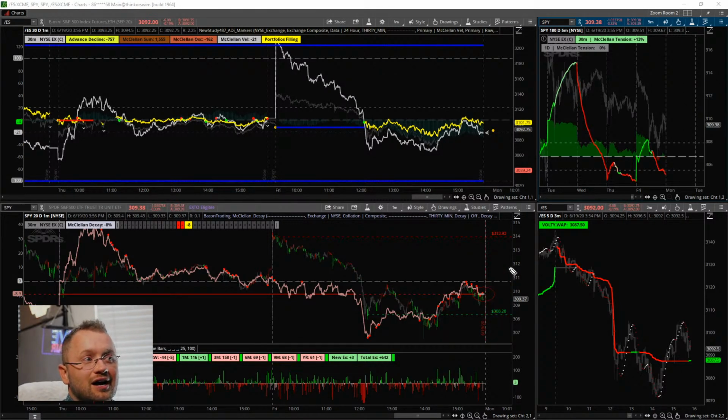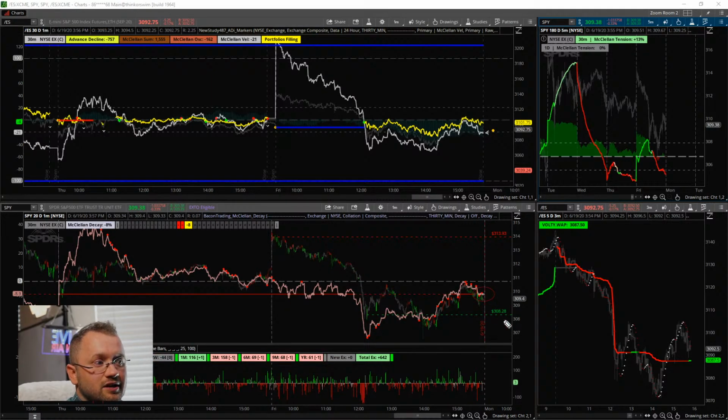So keep your eye out for where bears are, where they could be, to know if the market's going to lean in one direction or the other, and give you a sample. We need to see those bears. In the first hour or so, I really, really need to see those bears, because I think that right now there's just not enough information. There's not enough participants here to drive this up or down.